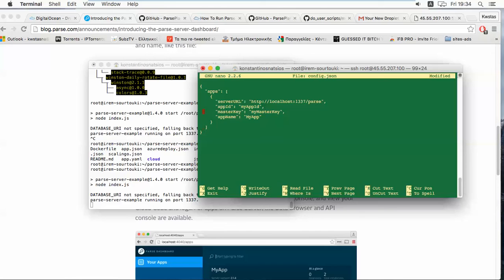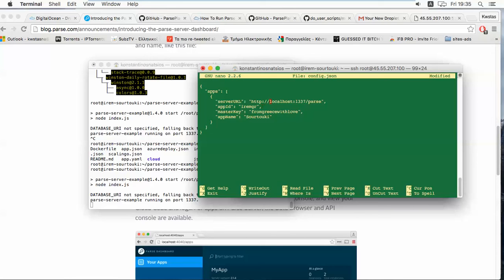Now you have to go with the arrow and put your app ID, which is iremgr, the master key, from Greece with love, my app name is Surtuki,